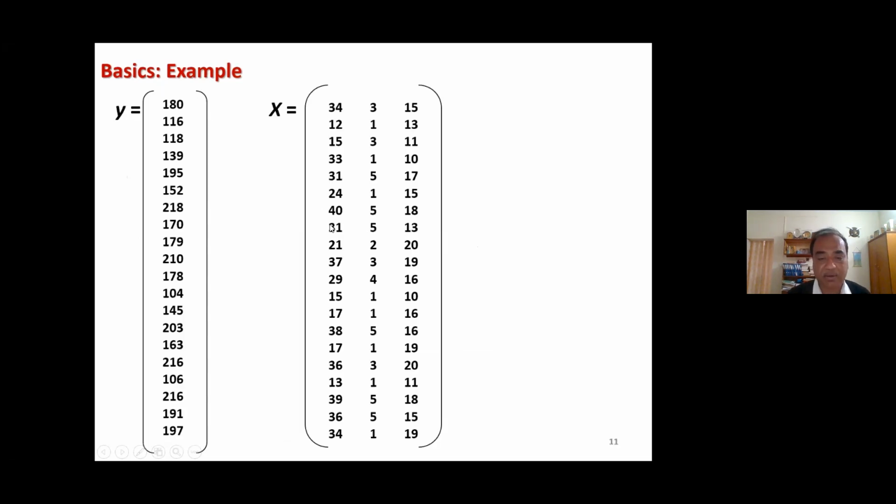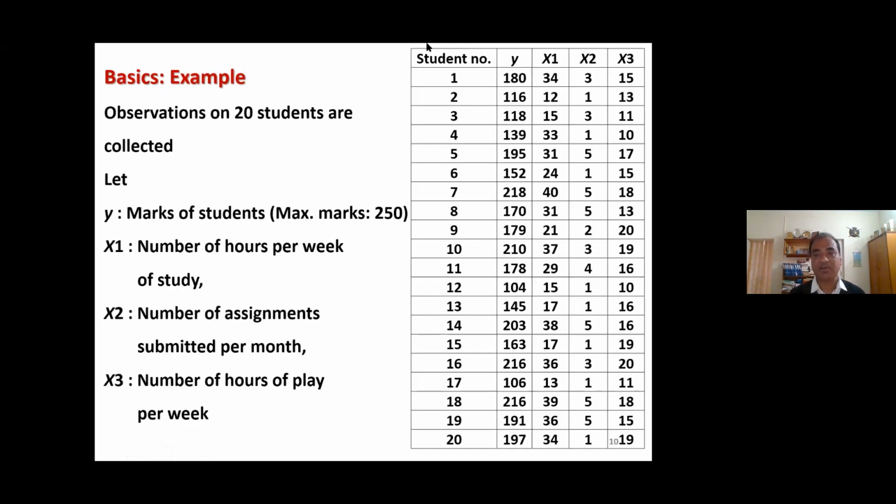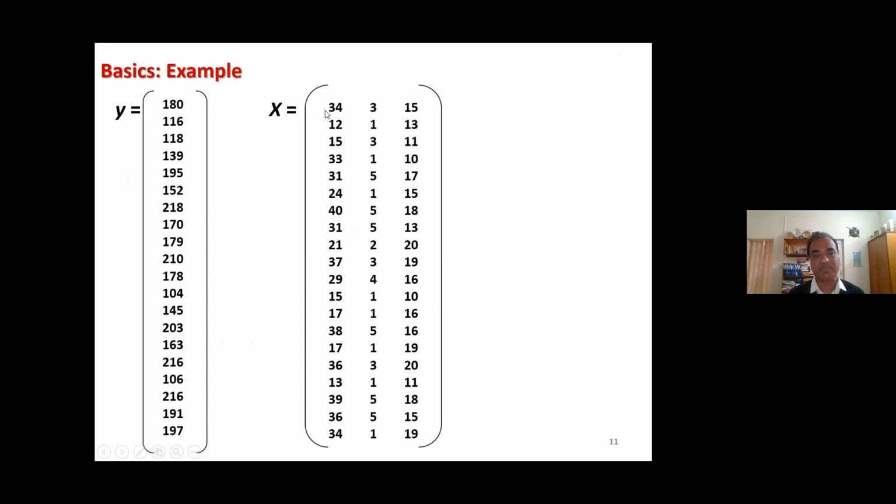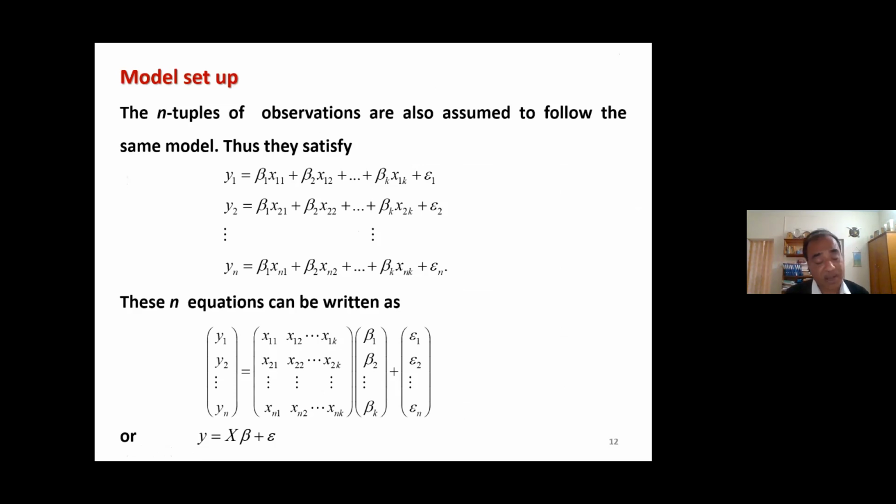Now, I can represent all these values in the form of a matrix. All the values in the column of y create one column vector, and all the values x1, x2, x3 create another matrix like this one. So you can see that I am writing these values of x and y in the form of vectors and matrices. Why am I doing this? Because as you assume in the case of univariate that each pair of observations xi, yi follows the simple linear regression model,